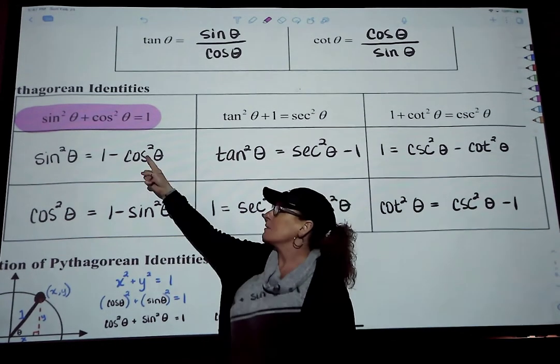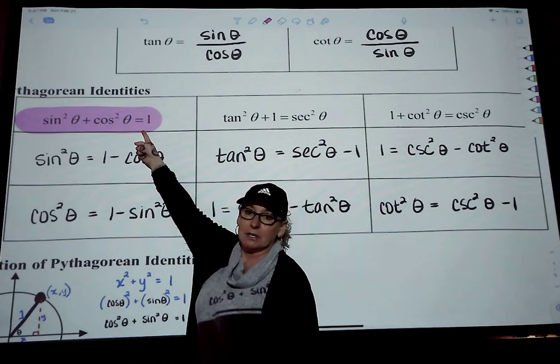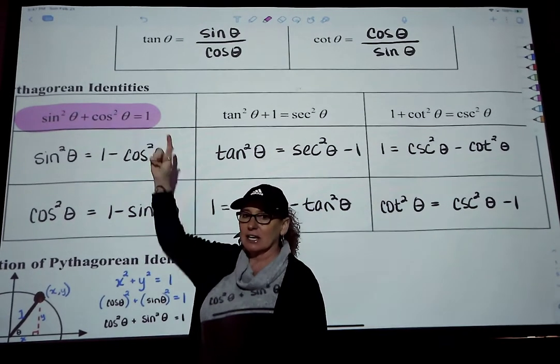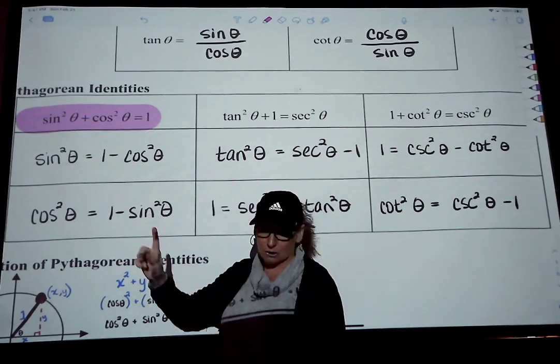I can quickly come up with these two knowing that one. And I'm really good at that one. I've got that one memorized. I can come up with that one pretty quickly. These two follow it. In fact,